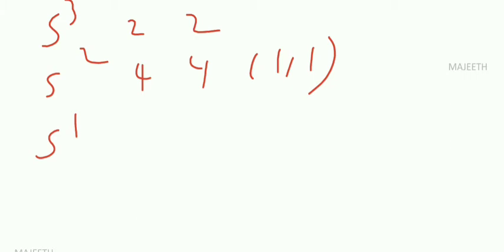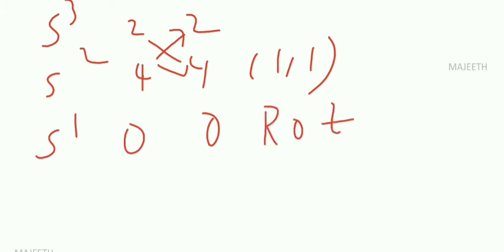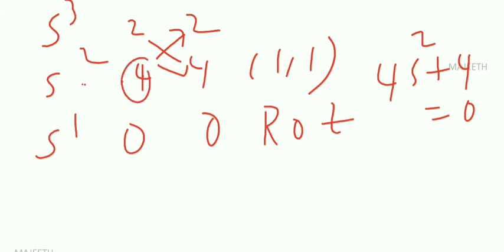So what will happen when you simplify this? What we get is 4 into 2 minus 4 into 2, it will become 0. This is also 0. So it is a row of 0. Whenever we get a row of 0, what do we have to do? We have to differentiate the row above the row of 0, and from that we can find. So it is a factor of s squared, so 4 s squared, and next 4 into s power 0.